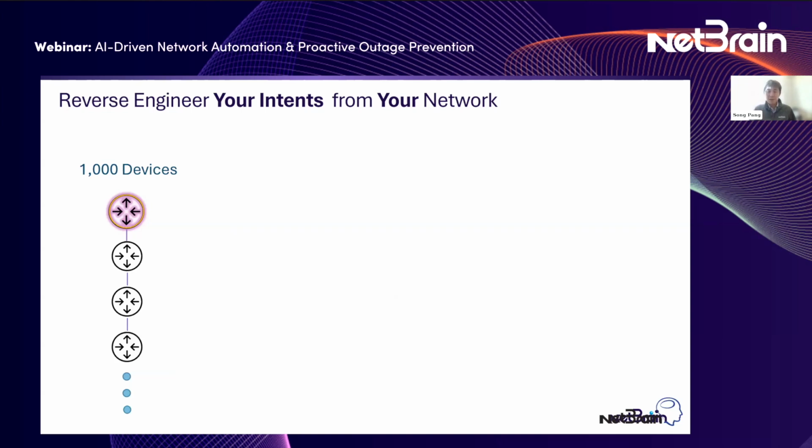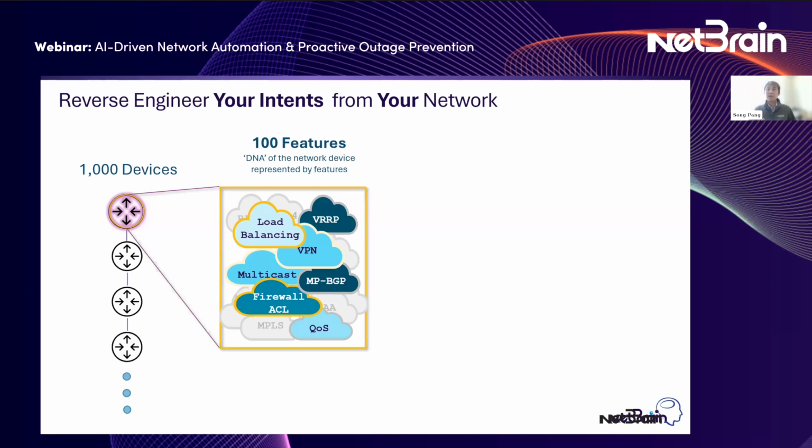We often think about our network as many, many devices, so thousands of devices, tens of thousands of devices. Each of these devices carries lots and lots of different intents within it, and these intents manifest themselves in terms of features, right? So we configure features on our devices to accomplish certain intents. These features are applied not just on one device, typically many, many devices. But every device carries almost like a strand of the network's DNA within itself, right?